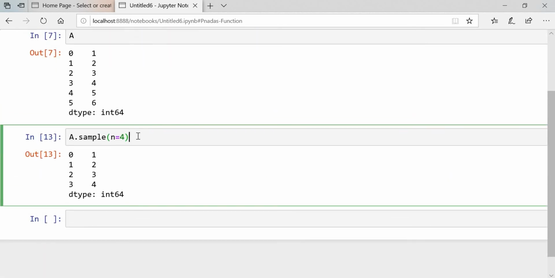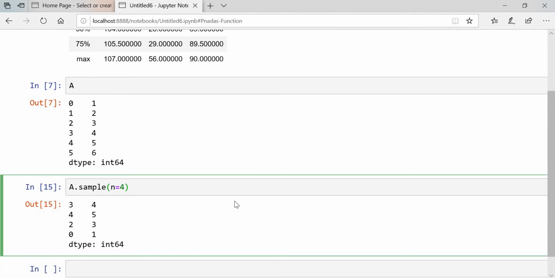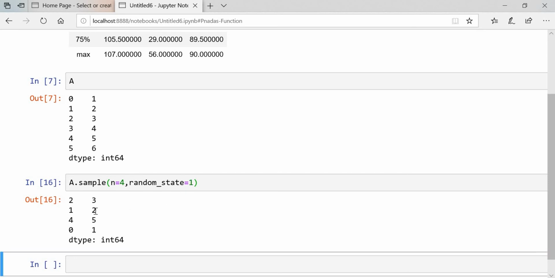Now, if you execute a number of times, you will get random data. If you want the same data, whether you execute one time or n times, in that case put random state. Inside this random state you can put any value. Let's say I will put 1. Once you execute, you will get 3 2 5 1. If you execute one more time, you will get the same value. See, 3 2 5 1.